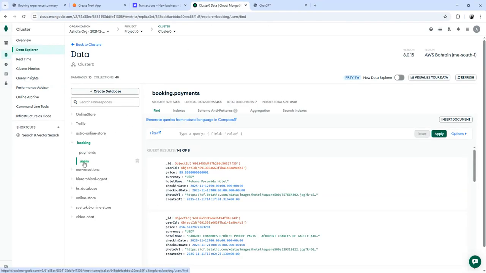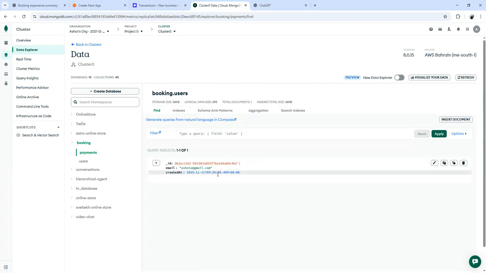In MongoDB, you can view the user record along with their associated payments.